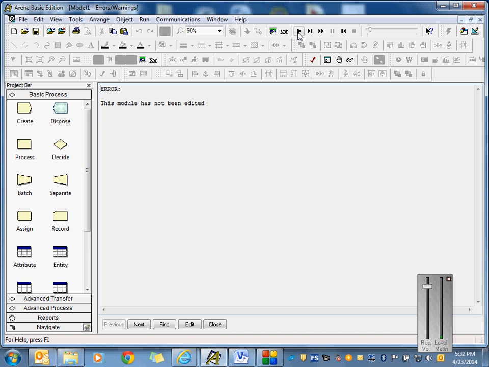And what it says is the module has not been edited. Okay? Anybody have an idea, without even drilling into this, where that is? The segment. Now, a nice thing again here is we can just click on edit. The reason why is